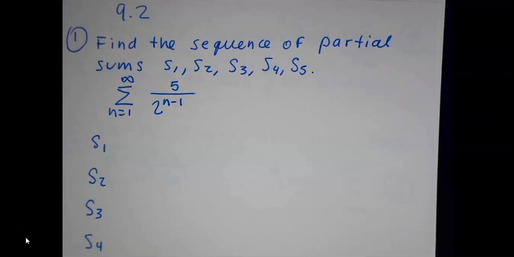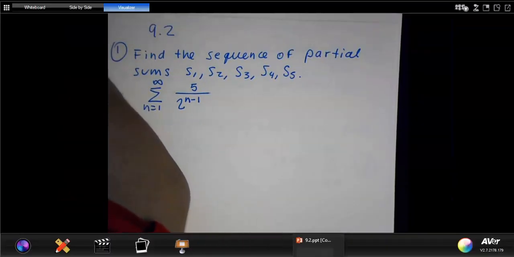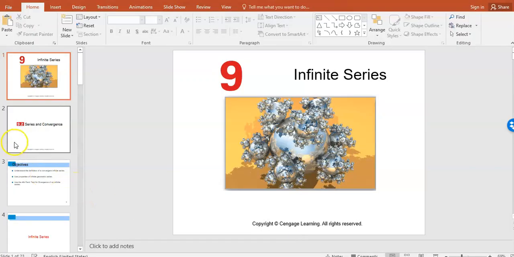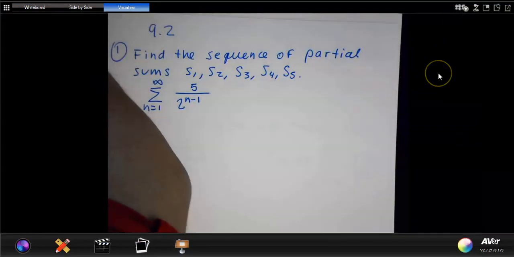9.2, we're talking about series. Let me look at the title for this one. I'm going to go straight to the problems. I'm not going to go to the PowerPoint for this one. Series and convergence. Right now we're talking about the limit, but now we're going to talk about the sum